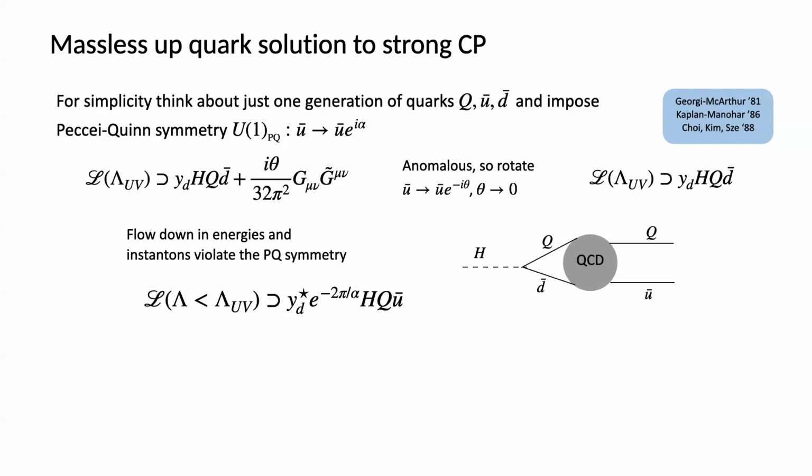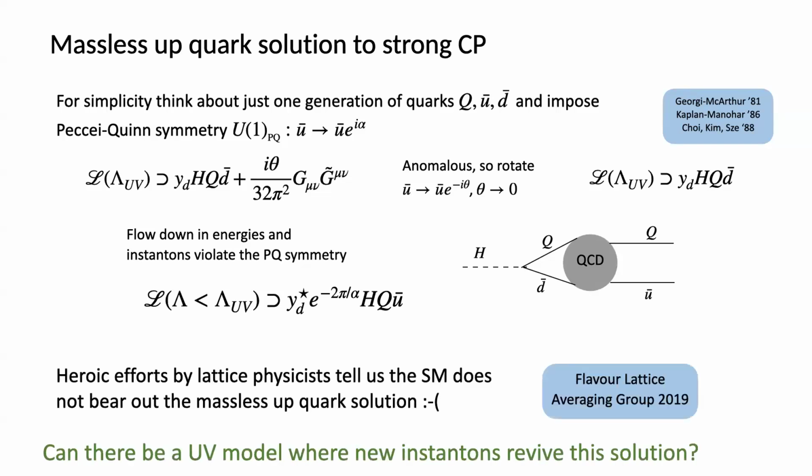This is a beautiful idea. Of course, in the actual standard model with 3 generations, there are many more legs on this 't Hooft vertex, and also, as you know, the most important instantons are in the farthest infrared, and that's when QCD confines and becomes strong, and we lose analytic control. So the status of this idea, the massless up-quark solution, was on ice for